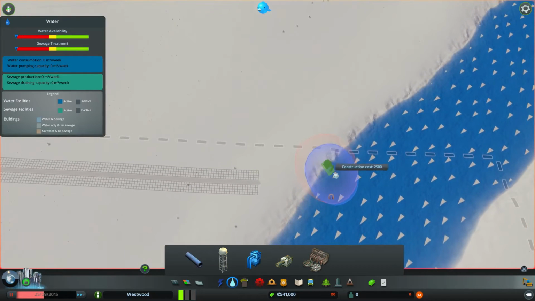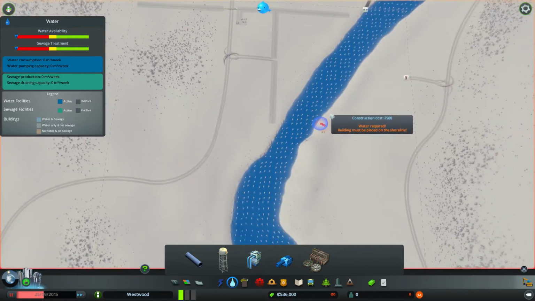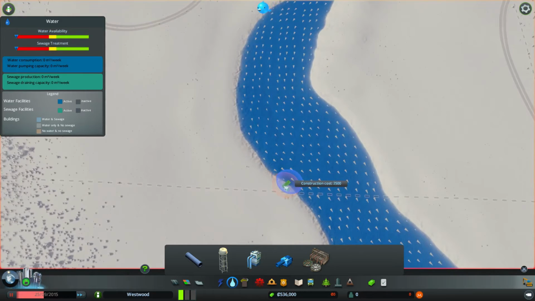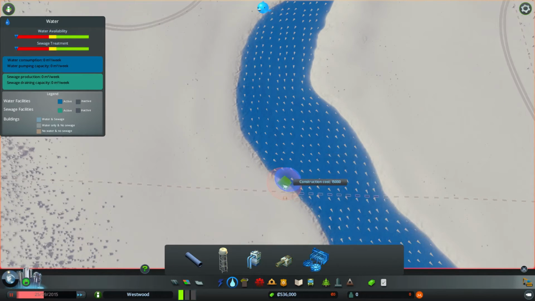Water intake. Let's try to squeeze as many as we can, maybe 2. That should be alright. So that's why I try to be as close to the border as possible, so I can squeeze as many as possible in this place. And I think I'm gonna go for water treatment plants right from the beginning. Water pollution is a serious problem usually, so...